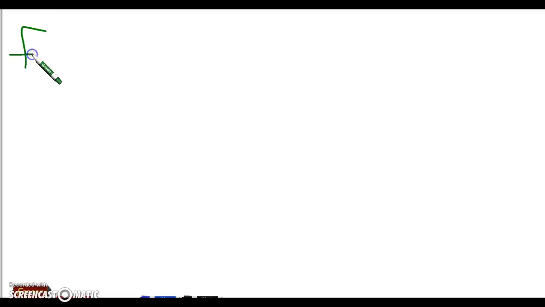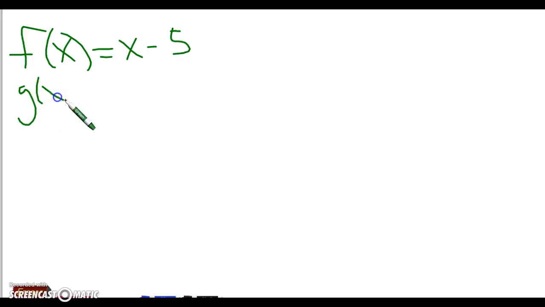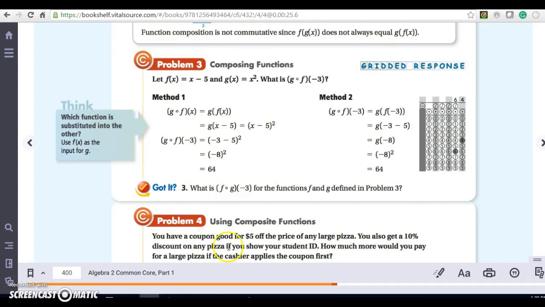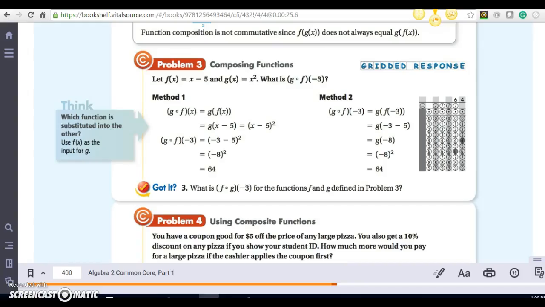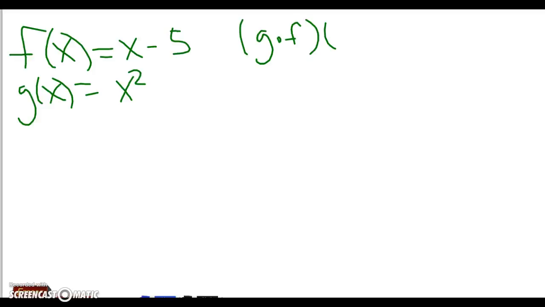We have f of x equals x minus 5 and g of x equals x squared. And they want us to find g composed of f of negative 3. Now I'm going to show you not the way that the book is showing first. And so that means g of f of negative 3. So first,